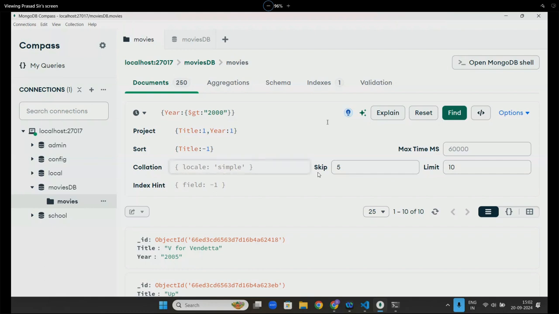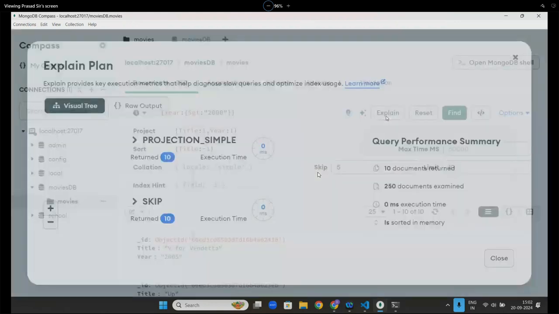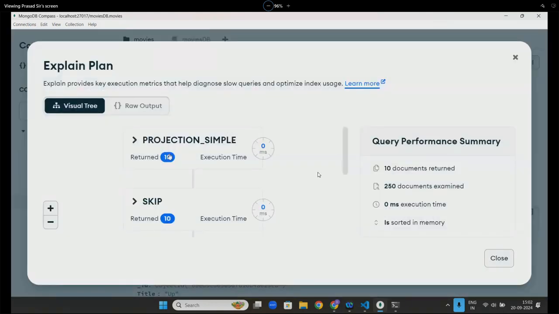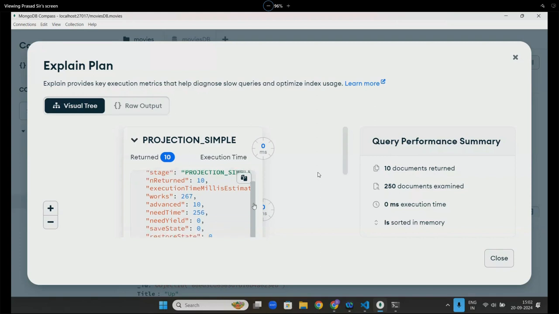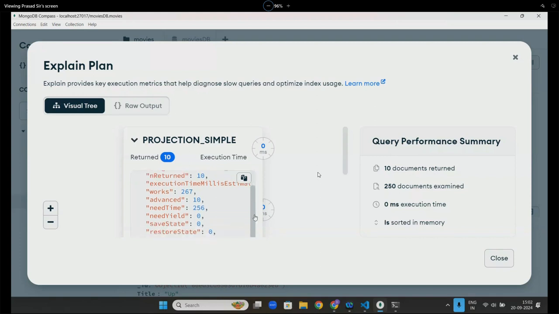By default, MongoDB also, if you click on this explain, it will explain it line by line. See, it is doing this process. First, it is taking all the elements. First, the projection sample it created. It goes there and checks how much time each one is taking. Okay. Total how many documents it checked, how much time it took. And then